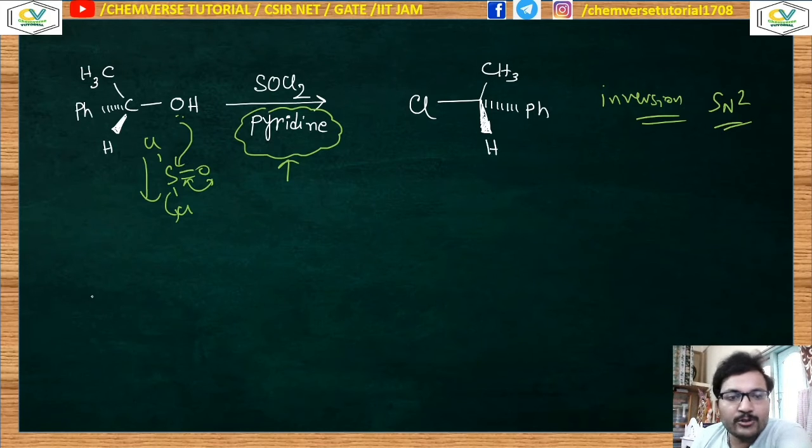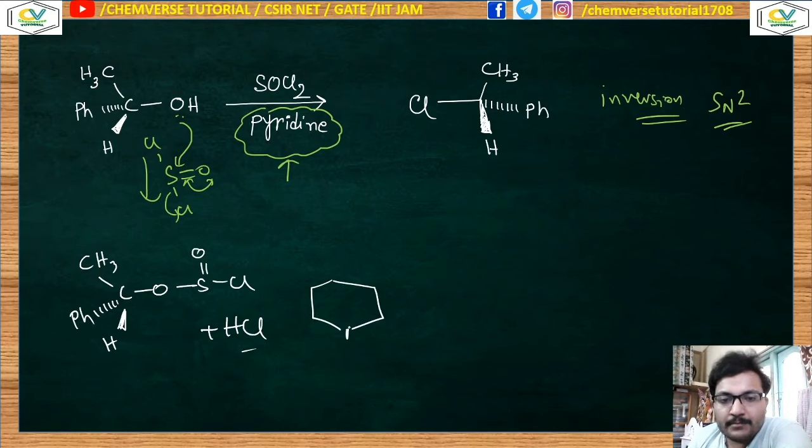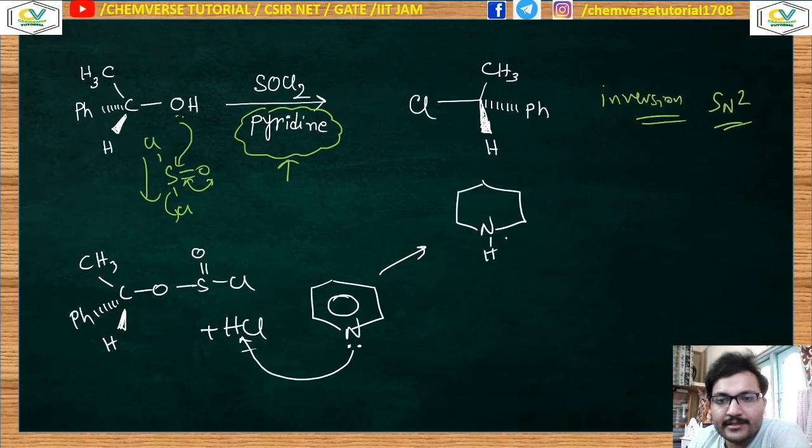I have already shown you this kind of reaction mechanism. And now what will be your intermediate? You will get this kind of intermediate, with hydrogen, oxygen, SOCl, and HCl will be one of the byproducts. Now over here I am using pyridine. Pyridine is a base. It has a lone pair. What will it do? This base will readily abstract H plus, an acid-base reaction, HCl plus pyridine. So it will produce this kind of cationic species, N plus and Cl minus.